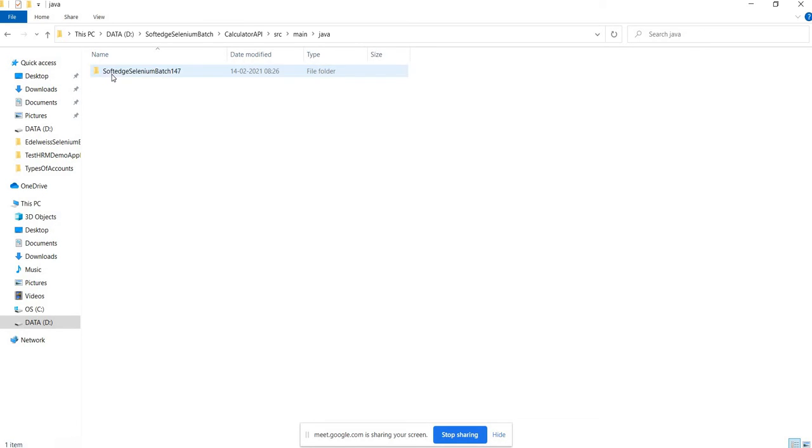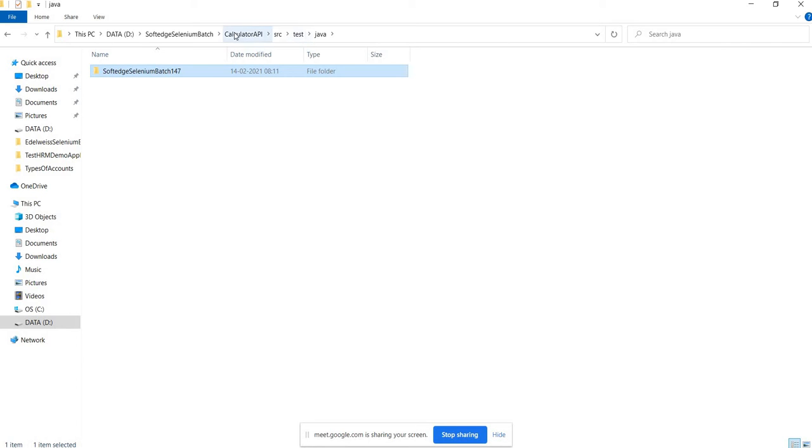src main java is supposed to be an application source directory which has got one folder created, which is the package folder. The package folder gets the name of the group ID which you mentioned while creating the Maven project. And src test java is the directory where your unit test cases are expected to be present, right? So there also you will find the package directory created.